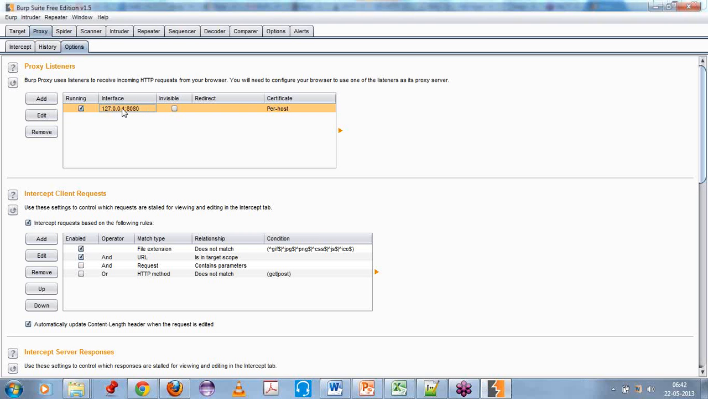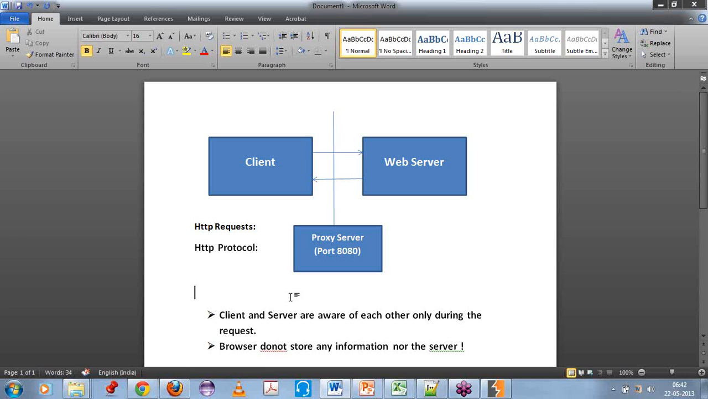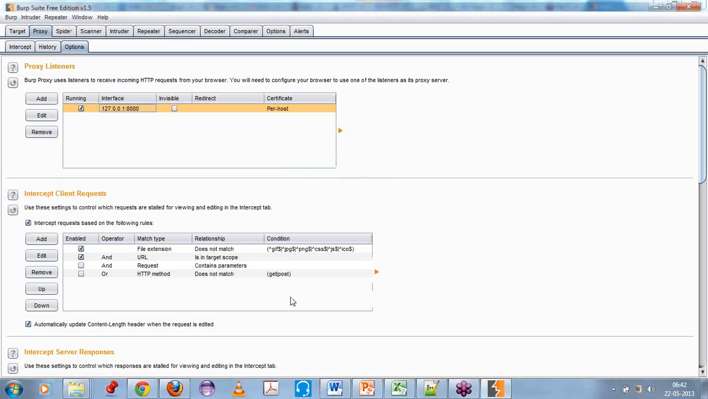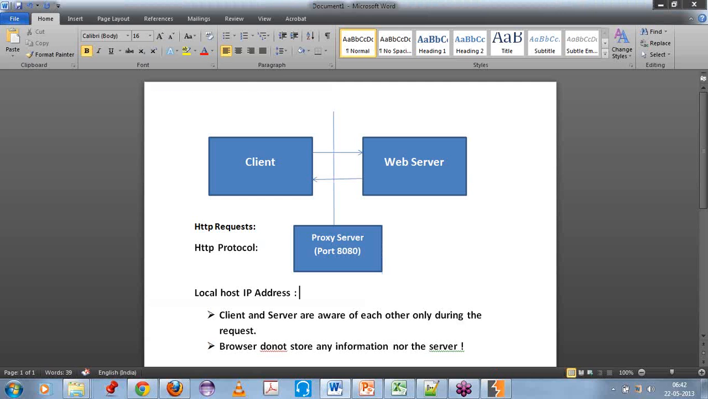127.0.0.1 is our local host IP address. What is a local host IP address? It is the IP address of the local host, that is your local system, your laptop, or that particular machine. The local host IP address, or machine address, is